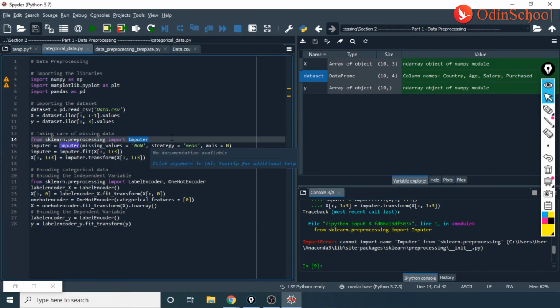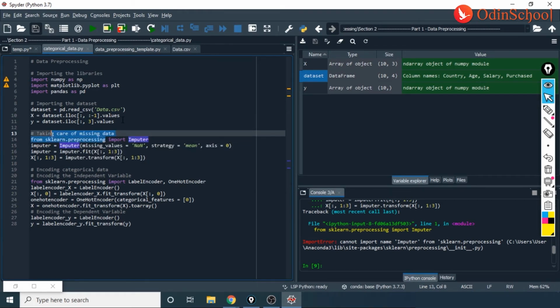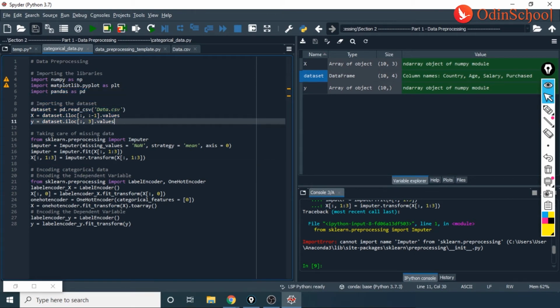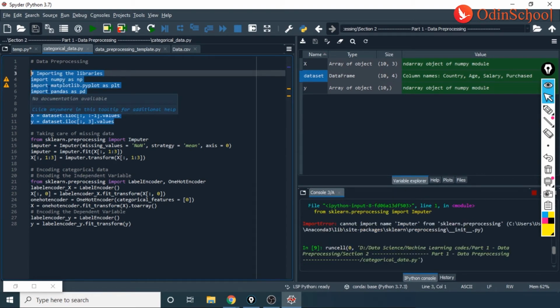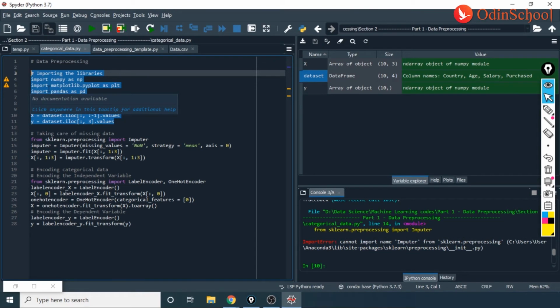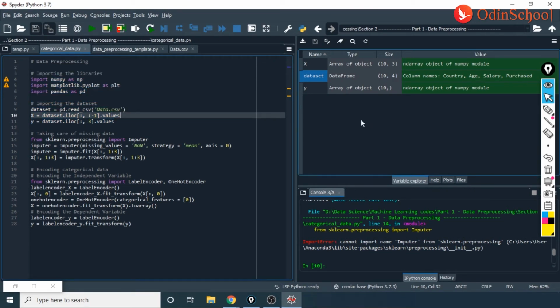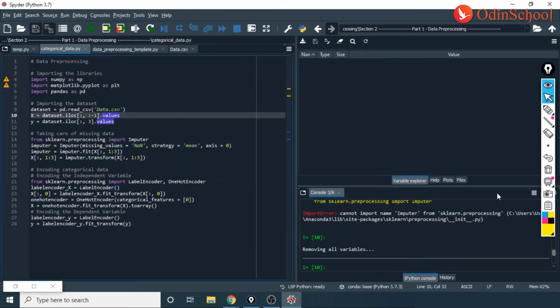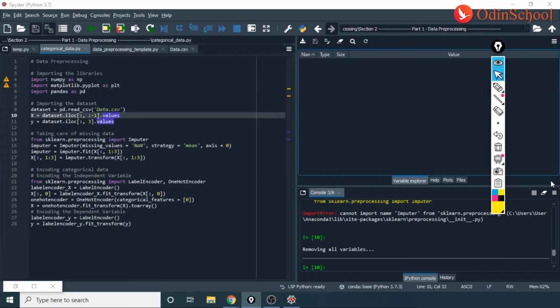So now I would go into sklearn.preprocessing. Let me just clear this, execute. All right, guys, I think we need to delete all this for once just to check where the inconsistency is.